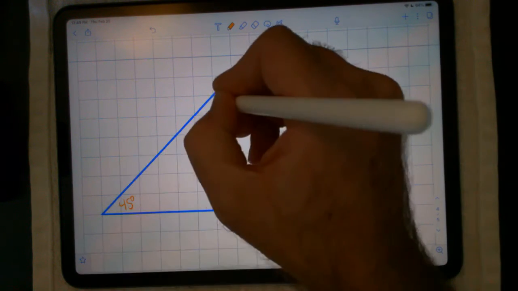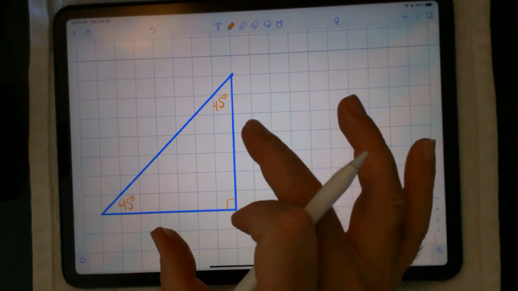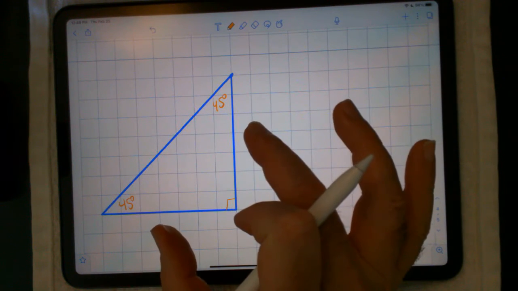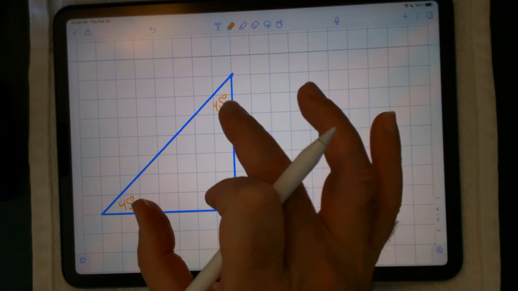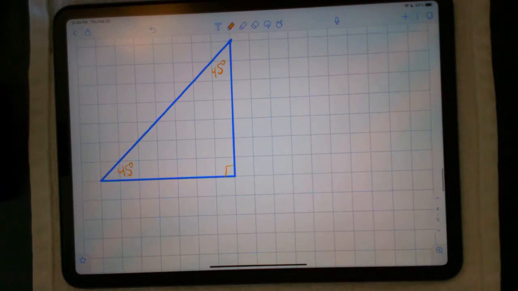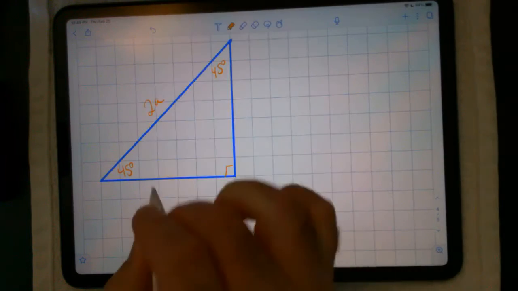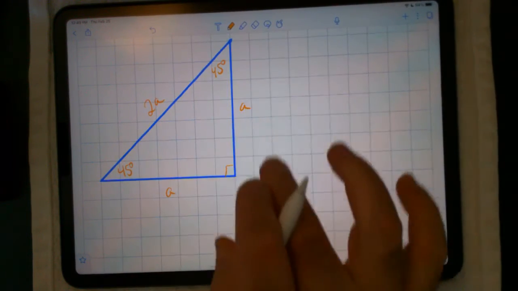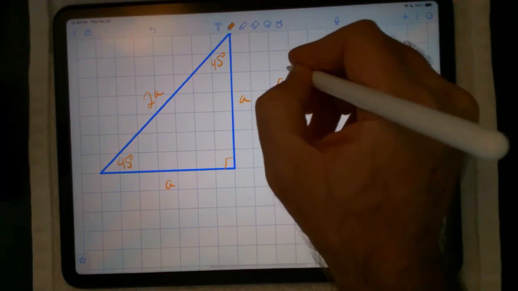And if this is 45 and if this is 45, what you have is an isosceles triangle. So a triangle that has two angles being equal will also have two sides being equal. And very similar as before, if we call this length 2a and this a and this a, using the Pythagorean theorem, we have a squared,